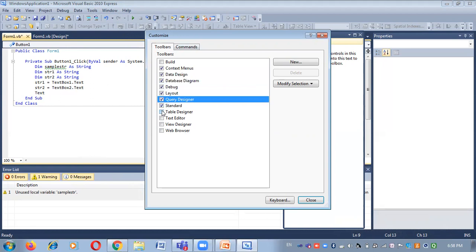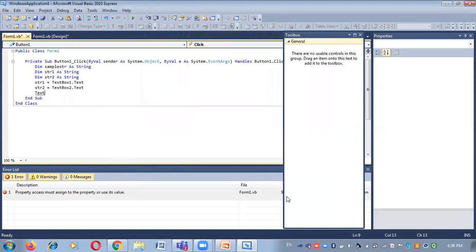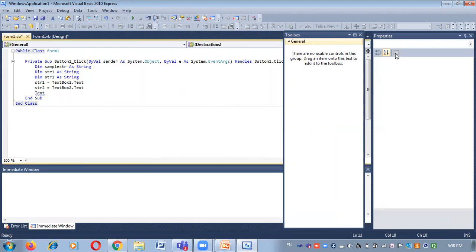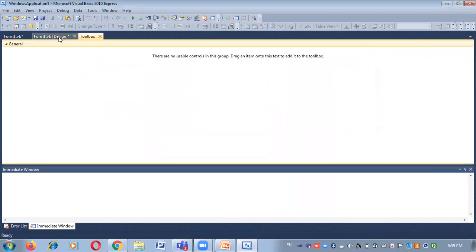I'm just customizing my toolbar. This is my immediate window, then toolbar, then property window. I'll just close the property window and toolbar.